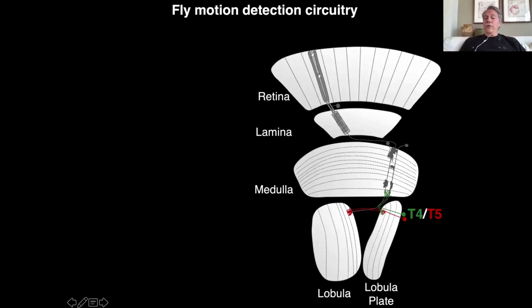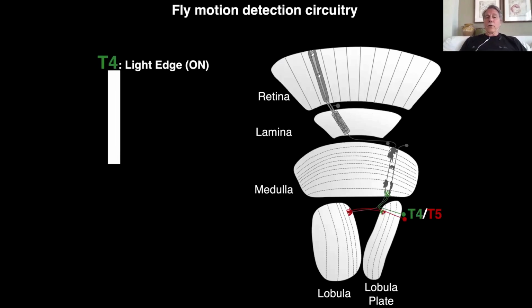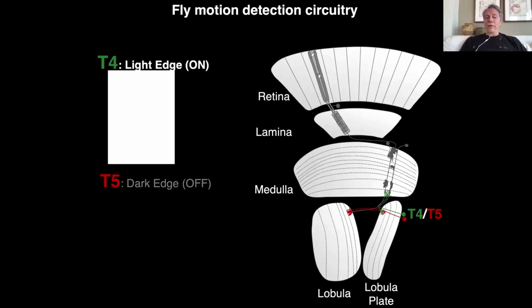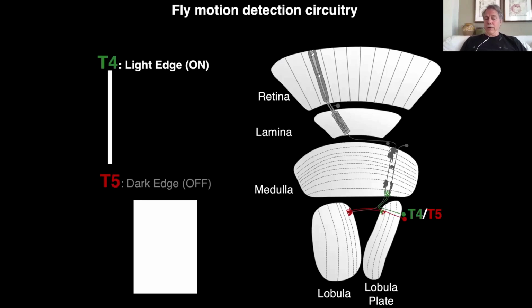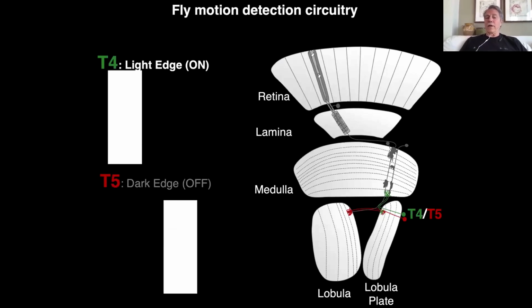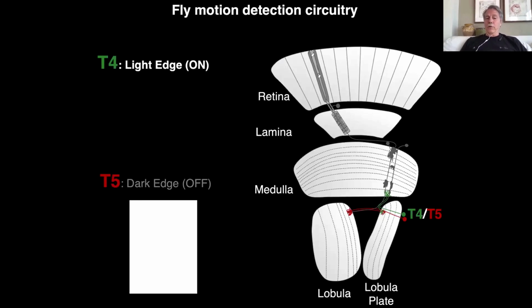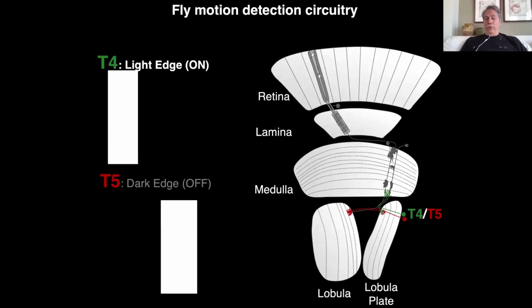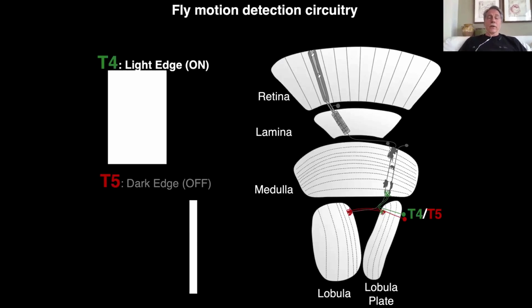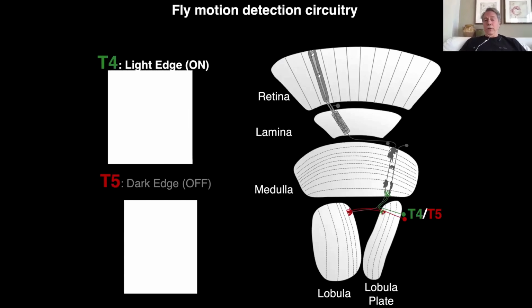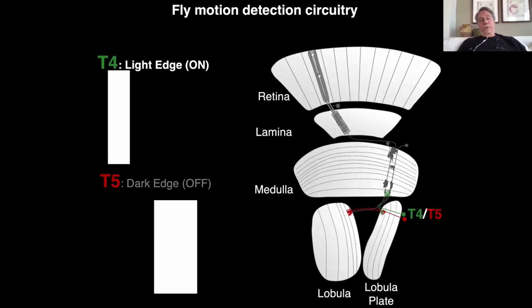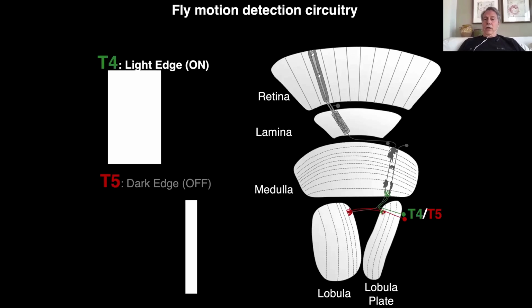And those 4 neurons, you have two types, the T4 and the T5, and they simply differ by virtue of the fact that T4 detects the motion of a bright edge on a dark background, whereas T5 detects a dark edge on a bright background. And actually, every visual system that detects motion always has this kind of on-off pathway to be able to distinguish between the two types of motion. So if an object comes in the sky, for example, a bird coming to eat flies, it will start with a dark edge, followed by a bright edge when it goes back.